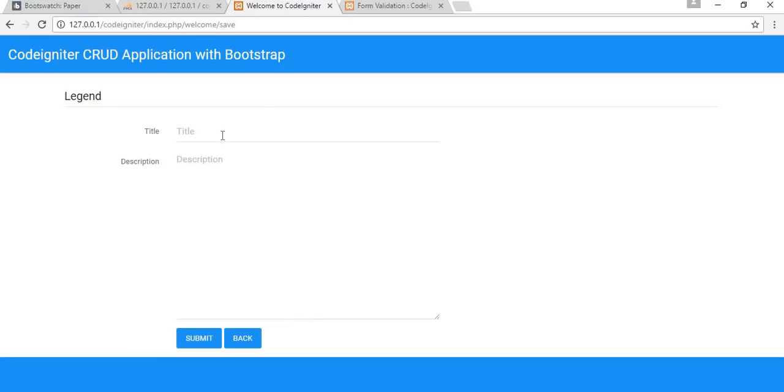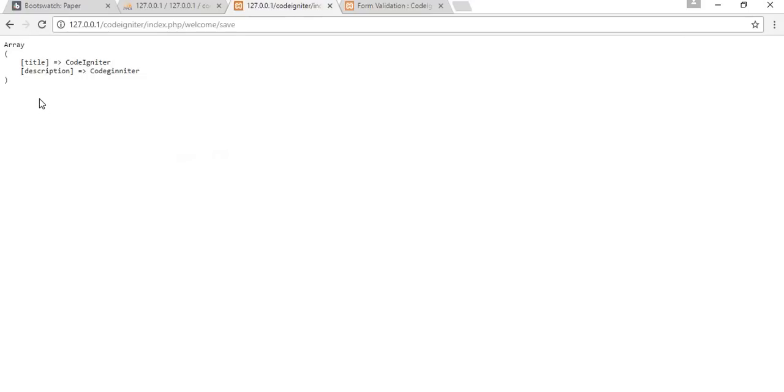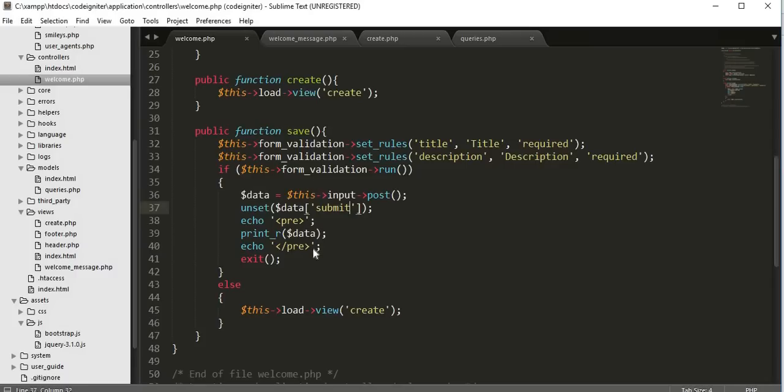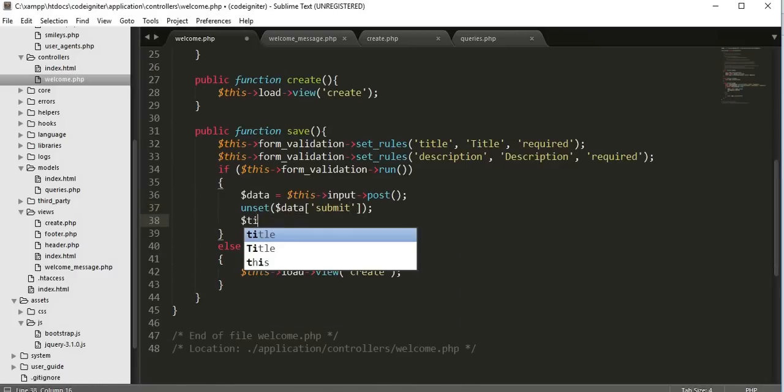Okay, now if I type Codeigniter and Codeigniter, okay, if I submit now, you won't get that extra piece of information coming with your submission. Okay, now we need to remove this code and we need to call our model,